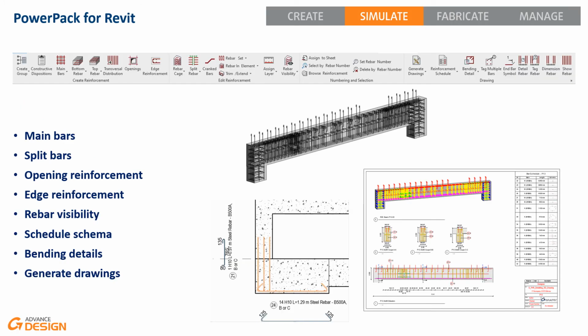So those commands for detailing, I already just highlighted them, but here I'd like to focus and highlight maybe some additional commands I didn't mention yet. We have as well in those detailing features some tools to generate reinforcement quickly around an opening or on the edge, and we can as well manage rebar visibility. So the Power Pack for Revit detailing tools is a set of almost 50 features purely dedicated to detailers and draftsmen.